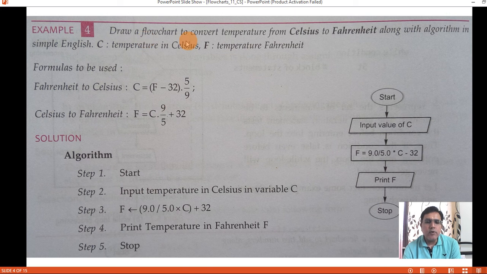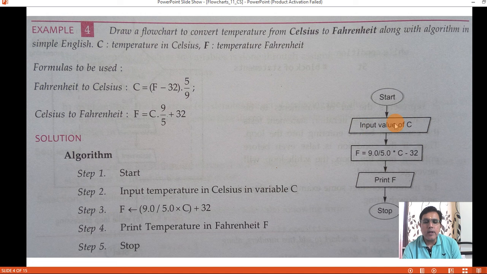See, it is saying a flowchart to convert temperature from Celsius to Fahrenheit. That means you have to read the value of temperature in Celsius. Whatever value the user gives will be treated as temperature in Celsius. So your program starts with start, then it will go down.